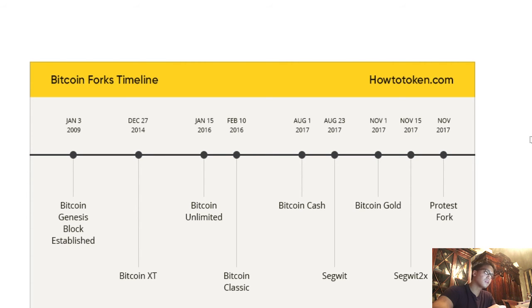Now, for those in the community that did not like the concept of segregated witness, there is the implementation of Bitcoin Cash. And Bitcoin Cash does not implement segWit and instead increases the block size by 8 times and has the ability to adjust mining difficulty downward if it only has a small proportion of miners dedicated to mining Bitcoin Cash.